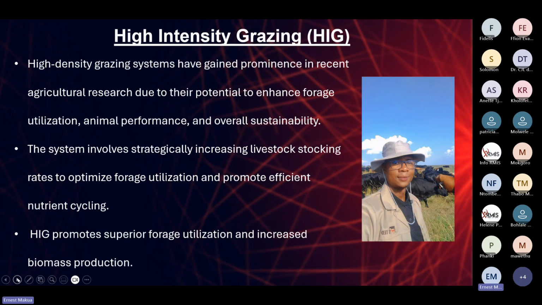The high intensity grazing system helps to increase the circularity of nutrients in the farms, because high intensity grazing in itself is a system whereby the cattle are kept in very high intensity camps, so that they can graze certain camps in a period of time. And then once the grass is a little bit overgrazed, they move the cattle to another camp, so that the camps that were grazed previously have enough time to rest